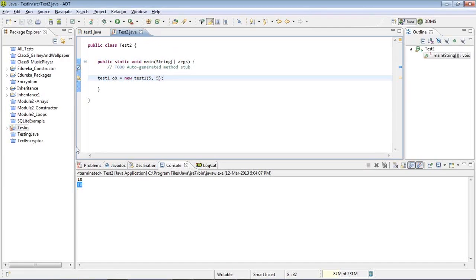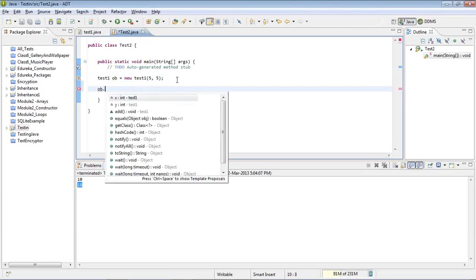Save the file. Now if I run the code, will I receive anything right now? Anyone of you tell me. Sai says 10. Amir says no. Exactly correct, Amir, because I haven't called the function. So I'll write ob dot.